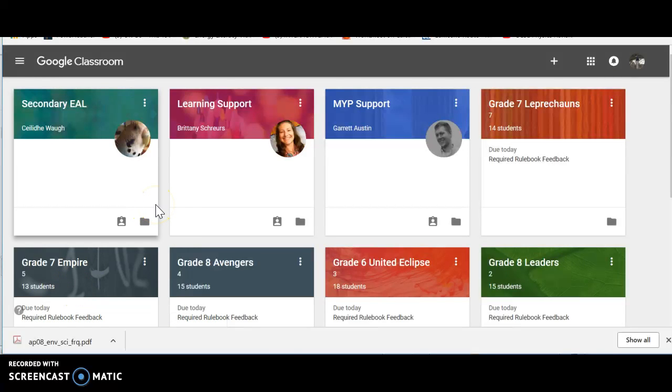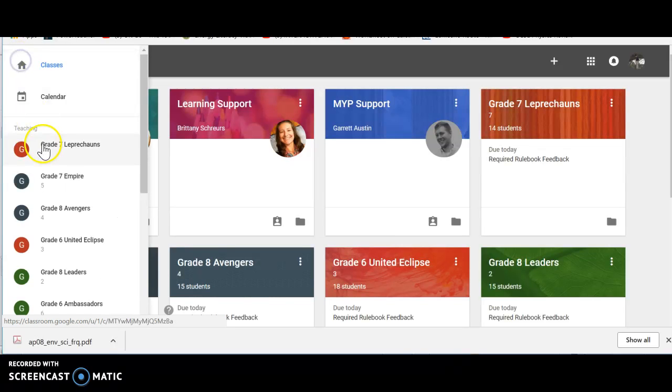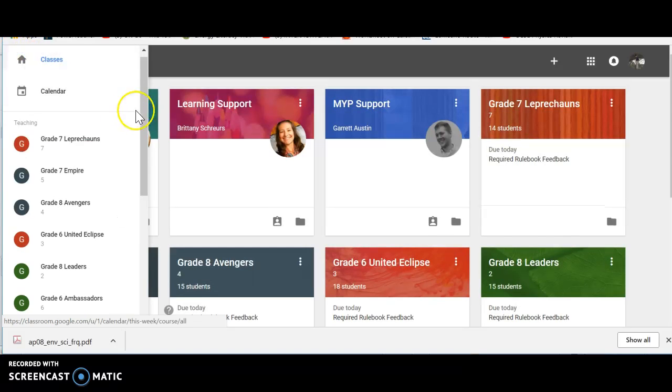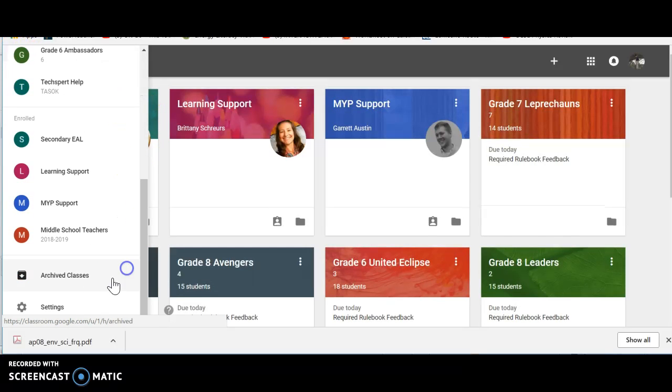I've come to realize that some of your email inboxes may start getting very, very full over the next few months if you keep using Google Classroom and getting email notifications for everything. So I'm going to go ahead and show you real quick how to choose exactly what emails you want in your inbox. So if you go down here to the options menu and you scroll down to the bottom, you'll